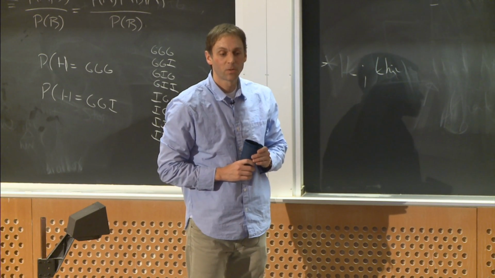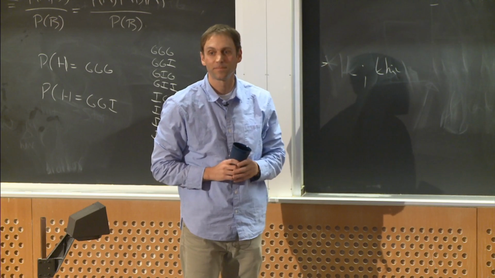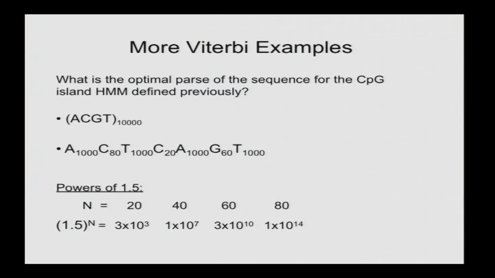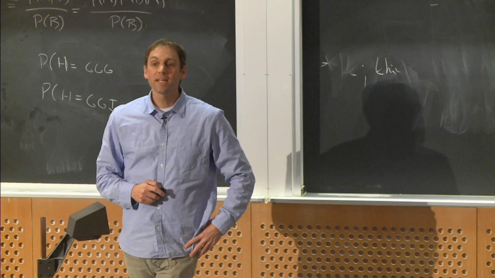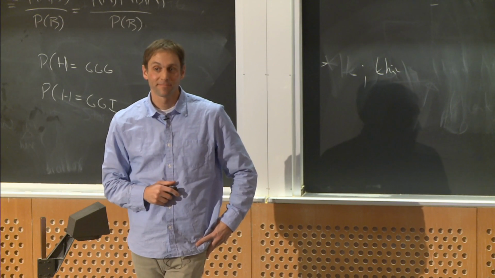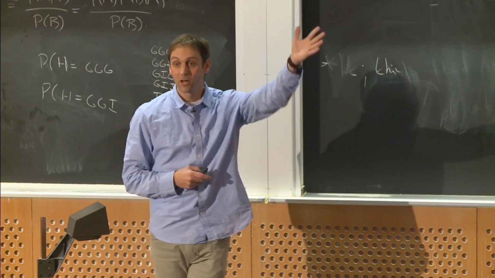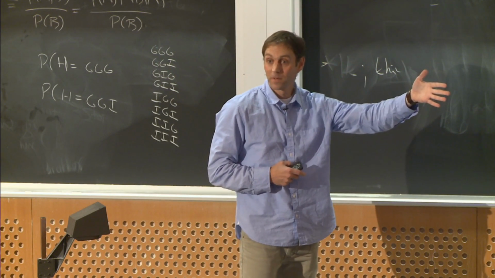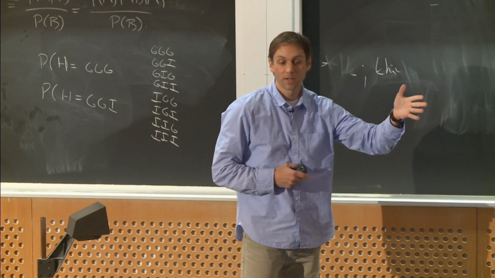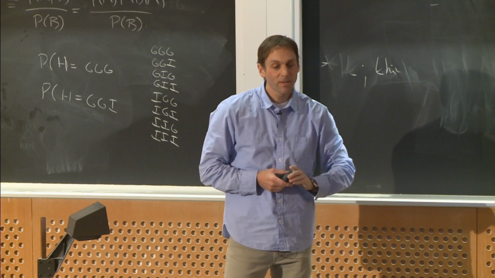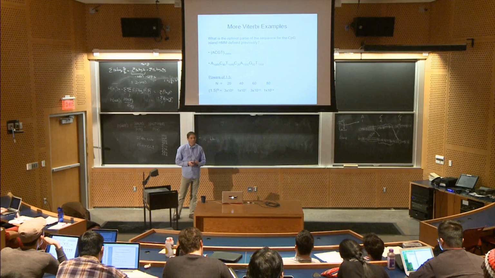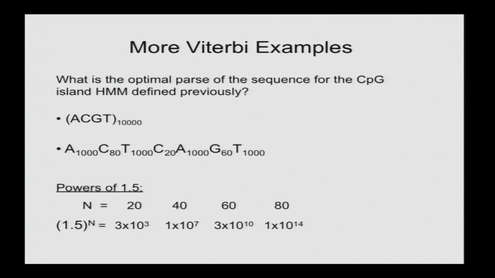Okay. So you want to take a stab at this next one? Okay, this one's harder. Let me ask you, in the optimal parse, what state is it going to end in? Genome, right? You've got a run of 1,000 Ts. And in genome the emissions favor emitting Ts, so clearly it's going to end in genome. Good. And then what about those runs of Cs and Gs in the middle there? Are any of those long enough to trigger a transition to island?